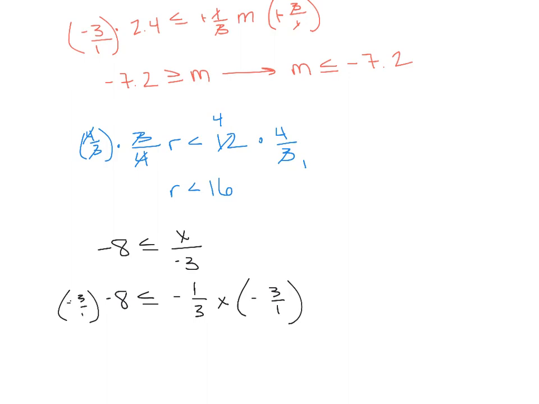Alright, these two negatives change to positives, these 3's cancel out, 1's cancel out, and negative 3 times negative 8 is 24. I multiplied by a negative number, so my sign flips, and I get x. However, I want that x on the left side, so I'm going to rewrite this as x is less than or equal to